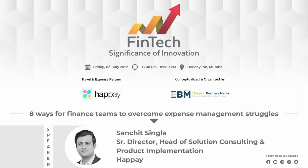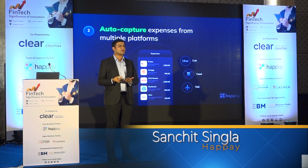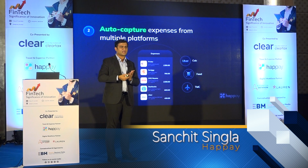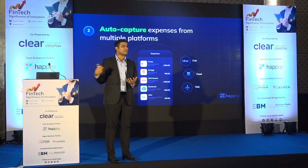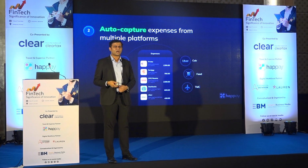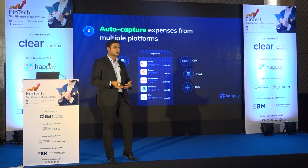System as well, we also integrate with your SMSs, right? So in your phones, whenever you get an SMS from your bank that this is the amount of money that you have spent, our system can, with your permission, take down that value and create an expense for you of that value itself, right? Just like how you see now you're able to enter OTPs without even having to go back to the SMS,